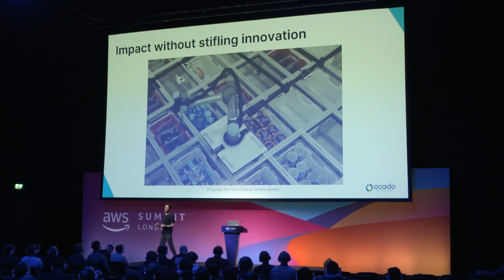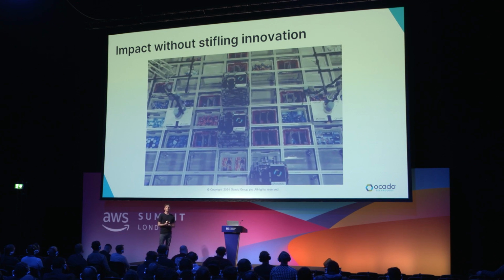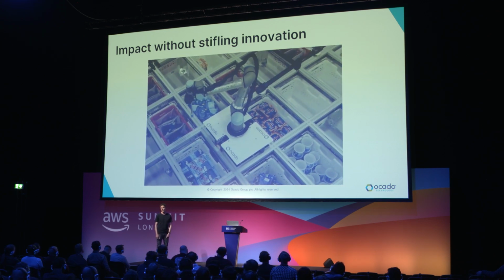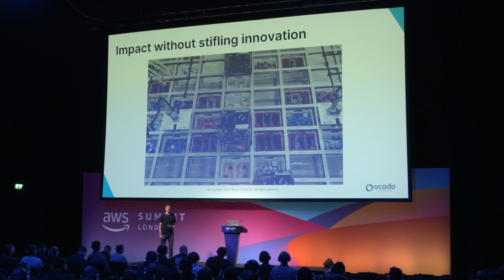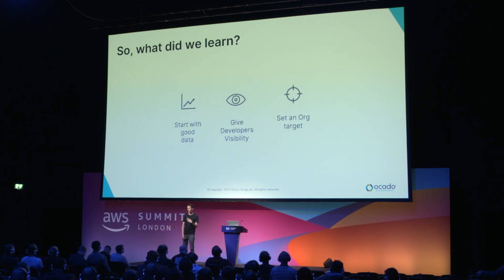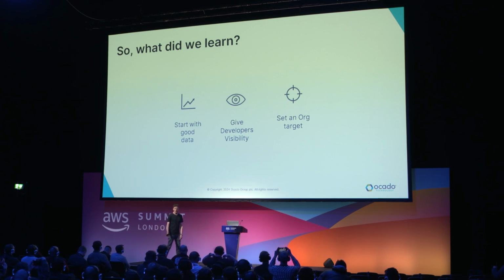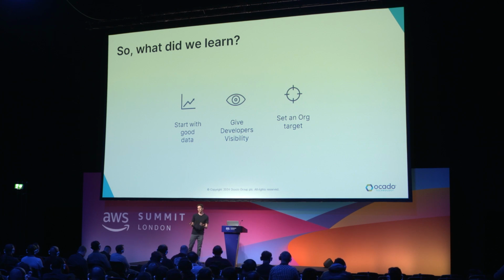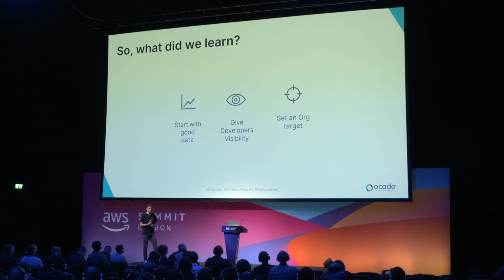You also see that many of the changes that I've described have a positive impact on customer experience. We've talked about better auto-scaling, reducing response times, things like that. So what did we learn, and what are the important things that I think it's worth sharing from our story? Well, it's really important to start with the data to be able to measure, understand where you are. So just use whatever tooling you can, but build a view of how your AWS costs change with your business metrics. Then give developers visibility.